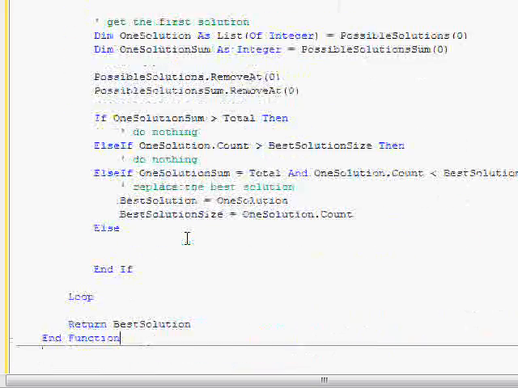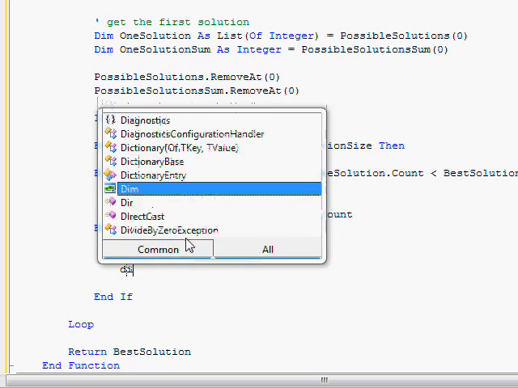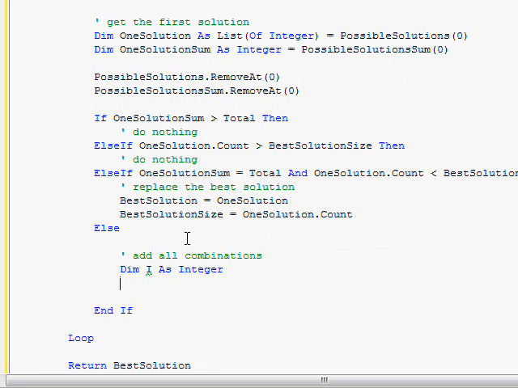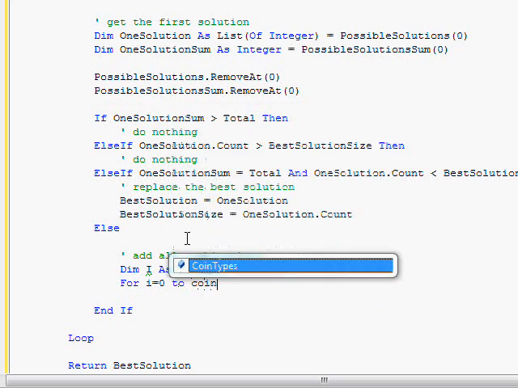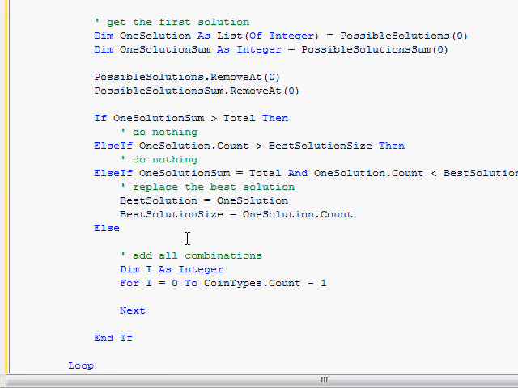So now we will add all combinations. Dimension I as integer. Next is for I equals 0 to coin types dot count minus 1. So here we will take into consideration all the coin types. What we are gonna do here is